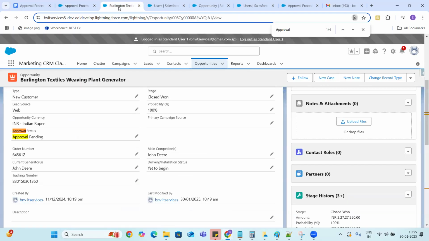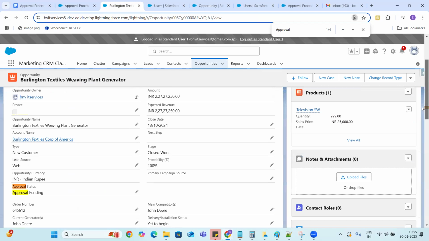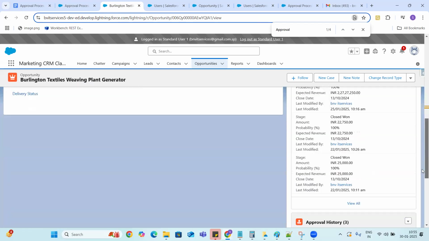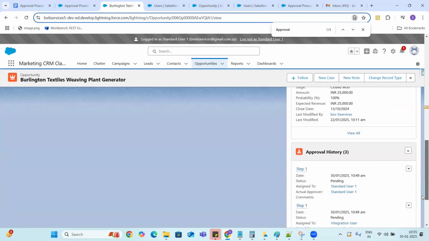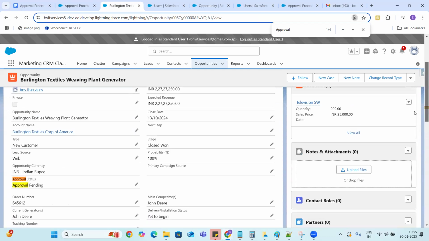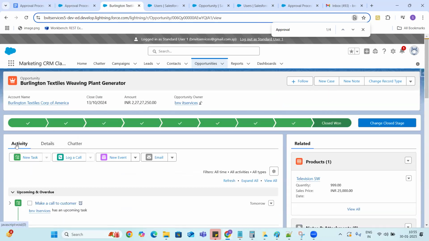Make a call to customer. So if you come to your opportunity record, this is approval history, but there will be activity history, guys. Okay. If you go to the activities, see, you can see an activity is logged up here.